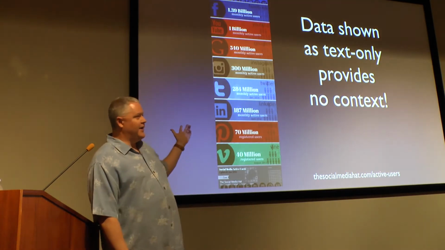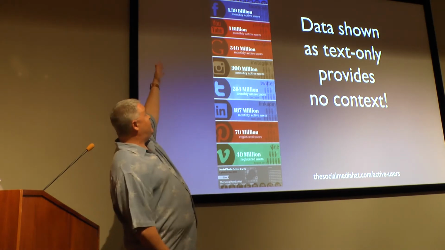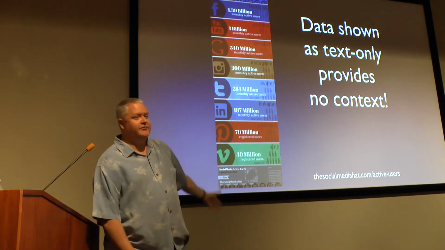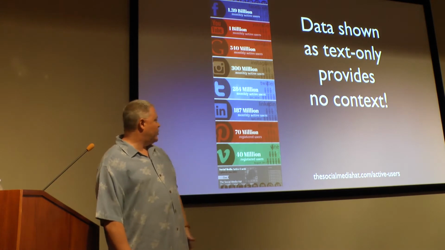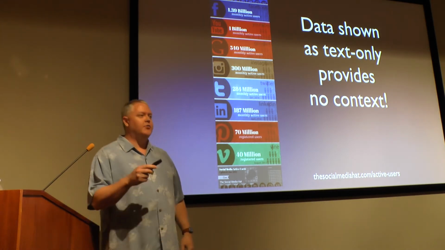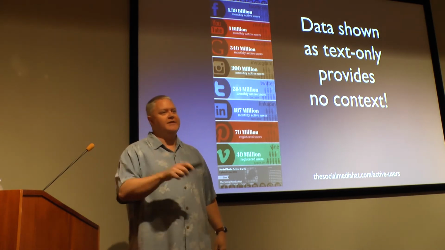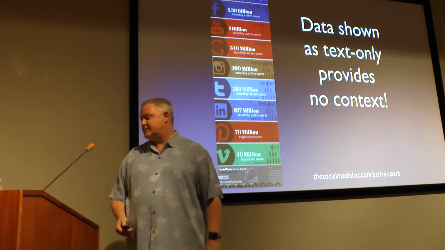This is an infographic about how many users are on the top social media platforms. Right, and so Facebook at the top at 1.4 billion, down to Vine, now defunct, at only 40 million at the bottom. All the same font sizes, all the same rectangles. It's up to you, the reader, to read those numbers and do all those comparisons in your head. That's very hard, because it's all text-based.